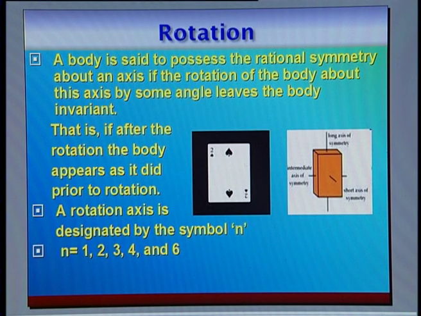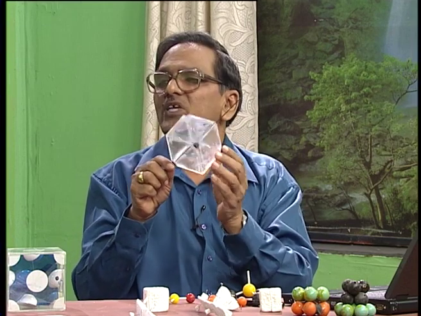So, if I imagine an axis perpendicular to this particular playing card and rotate it by 180 degrees, then before the rotation and after the rotation it looks exactly the same. Similarly, I have shown you that if I rotate it by 90 degrees, it remains the same. In this case I have shown you another axis of symmetry. This is called a threefold symmetry axis, where we have to rotate it by 120 degrees to get back